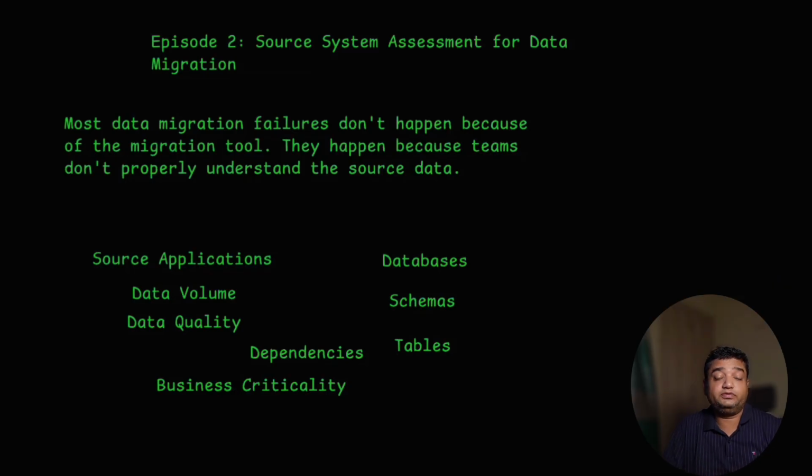There are multiple data migration projects which fail not because of the tool's capability, not because of the wrong tool selection, just because the source system assessment was not done properly before starting the data migration project. So we'll understand each pointer in detail, like what all things we have to assess from the source system: source application, source database, data volume, data quality, data schemas, dependencies, your inventory, your tables, and what the business